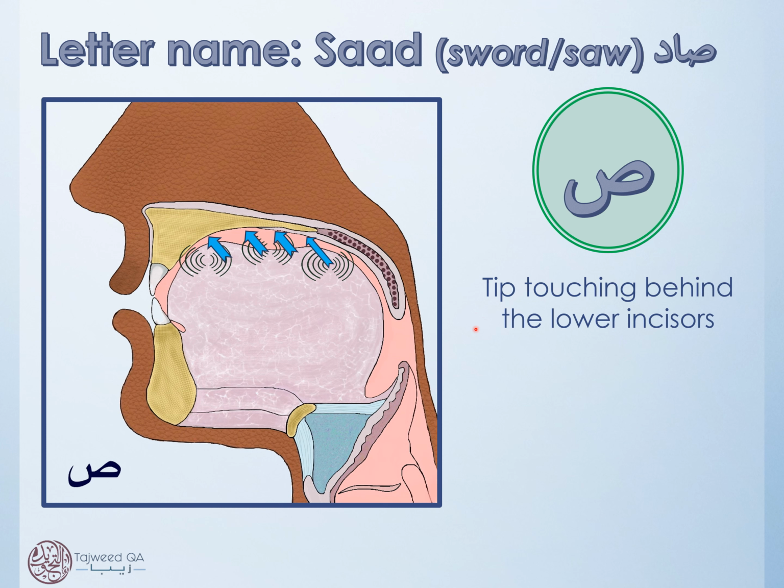So the Makhraj of the three letters is the same, which is the tip of the tongue touching behind the lower incisors, and again we have to leave a gap. So you can see here the comparison between the Zai, the Sin and the Sad is that the tongue is elevated and the entire upper surface of the tongue is used because it possesses certain characteristics which involve elevation of the entire upper surface of the tongue.